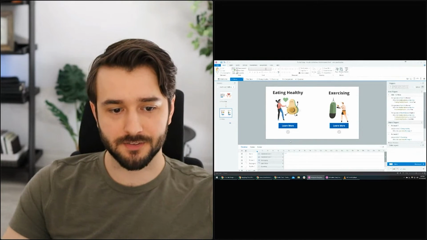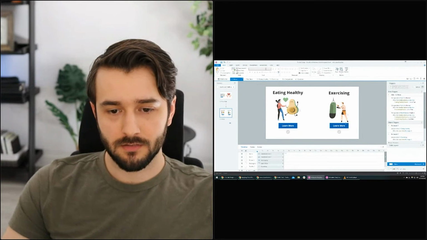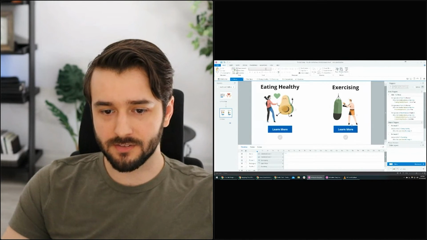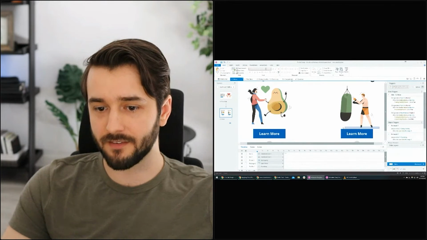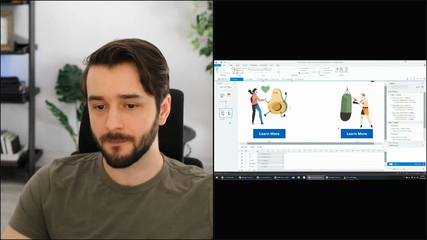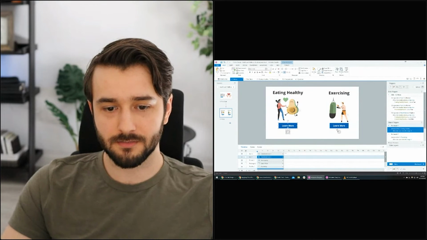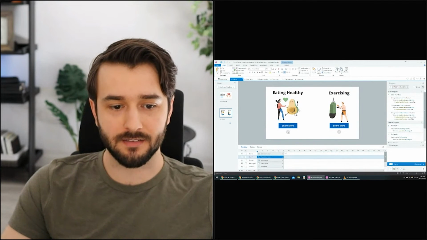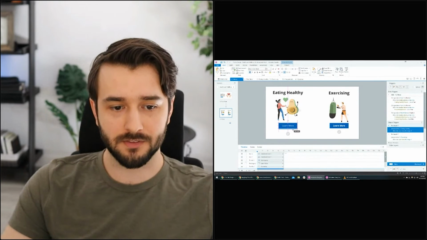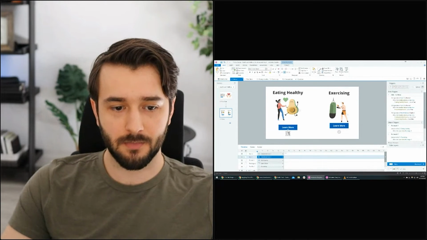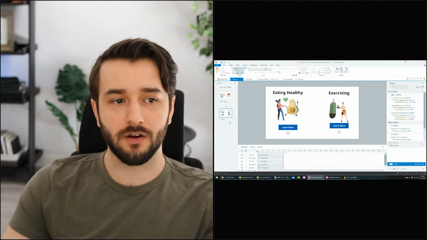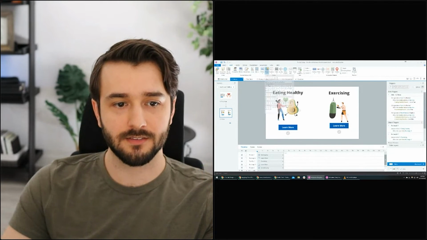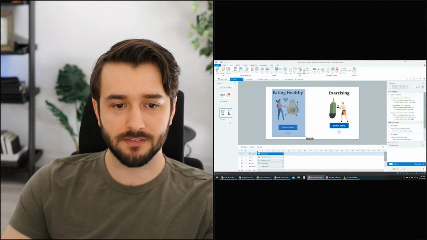Eating healthy and exercising. So this is a bit cramped here. Like you can see here, the illustration to the top of this, there's not enough negative space in here. It's feeling a little bit cramped. So let's deal with this one side at a time, actually. Let me move this down. I'll move this button down a bit. We want the check mark probably pretty close to this whole, it's kind of like a card, right? Like you see those card designs. So if we're thinking of this like a card,